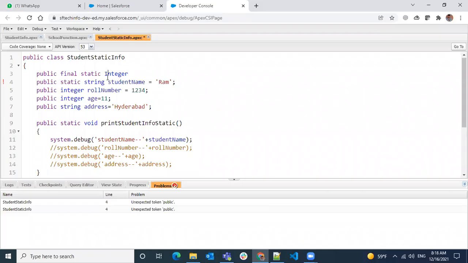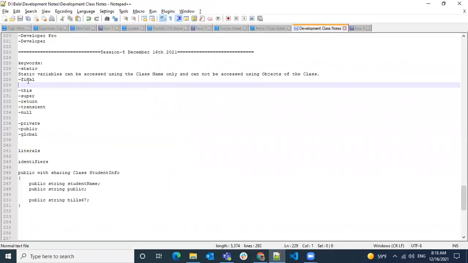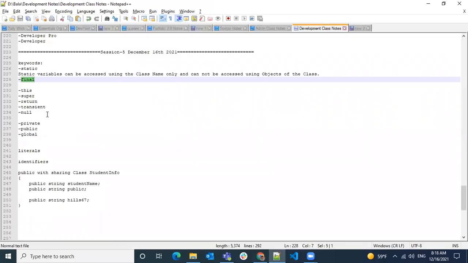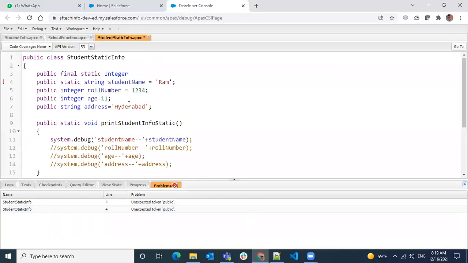Okay. So let's move on to the next one called the final keyword. You usually use this keyword to use variables as constants. We have seen the static keyword, which can be accessed only using a class name. On top of static, we use the final keyword for those static variables which are going to be a constant.